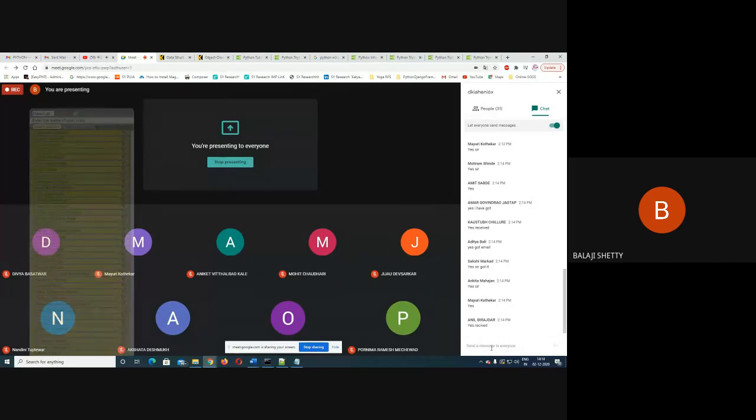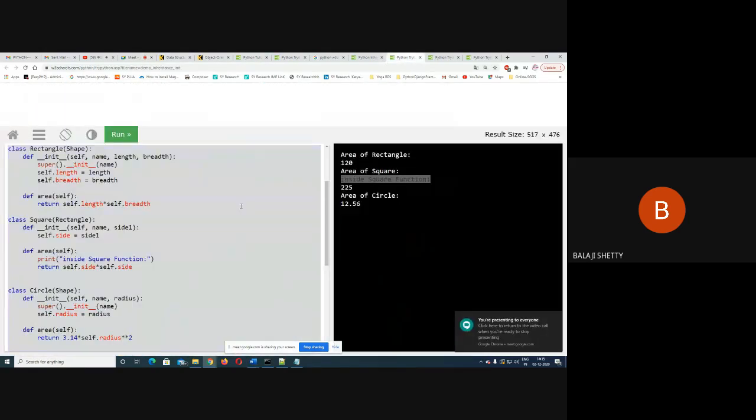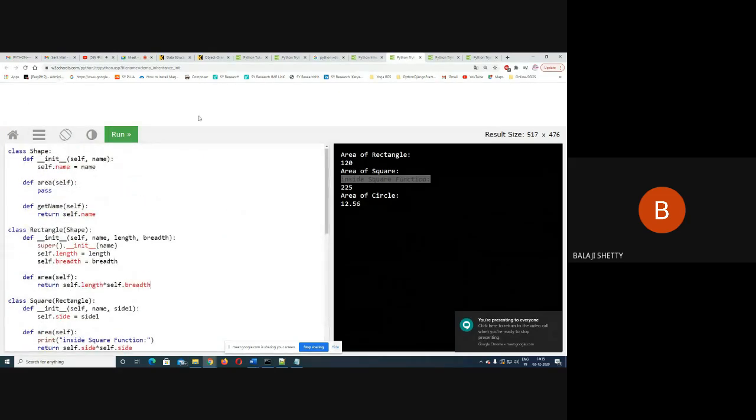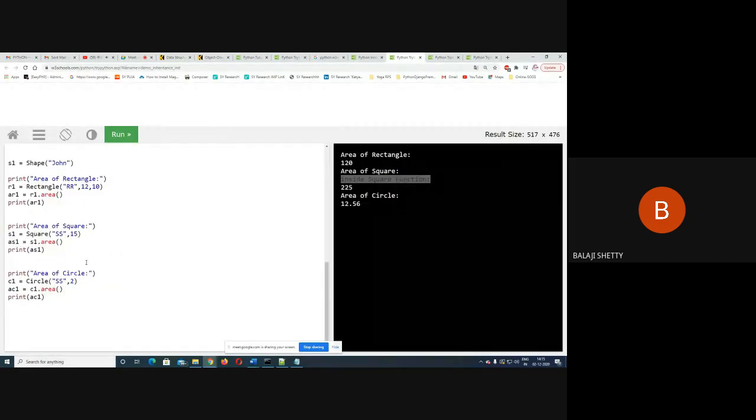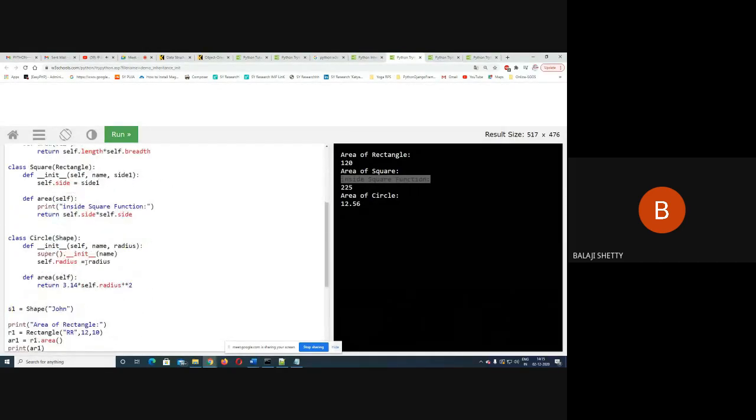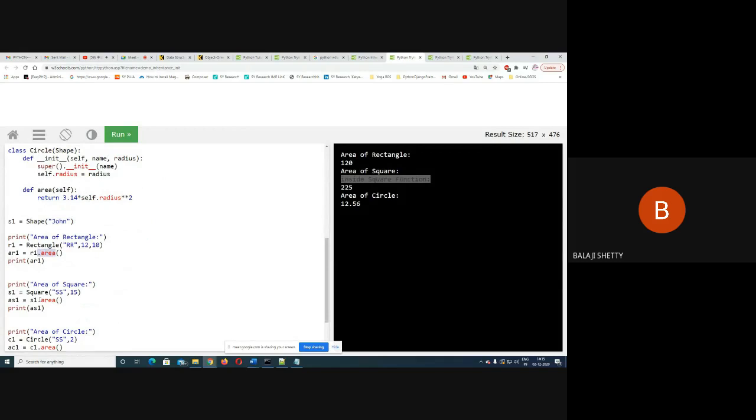Okay, we'll continue the lecture for the next 15 minutes. You are expected to run the code, execute the code. You are really fortunate that we have a good website with online editors, and you can see the keywords in color. Here you can see all data members in red color. These are data members, you can see in red color, and member functions are also shown in color. Here area is the member function.